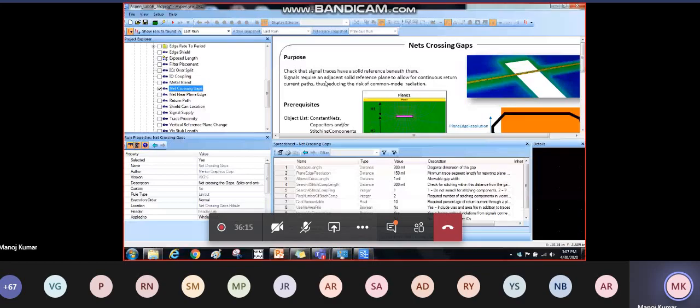It is possible that you do not have a reference plane very next to a trace, or you may have it at layer 3 or at a different layer.